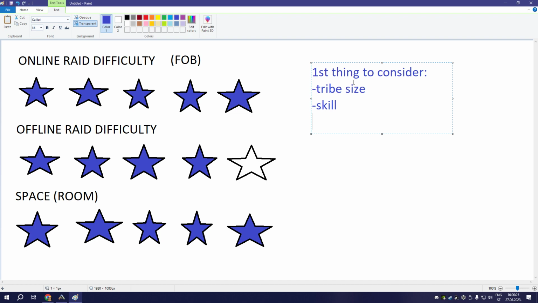Okay, so to consider tribe size and skill. Why does tribe size matter? Because if you have more tribe members, you're obviously gonna need more room for breeding and stuff. If you're playing solo, you're still gonna wanna breed, but are you gonna be able to defend a spot that can breed a tame cap of gigas? Probably not. Probably you can find some, but probably not. You're not gonna be able to find these spots. And then,